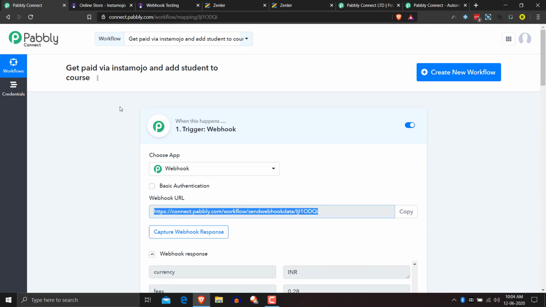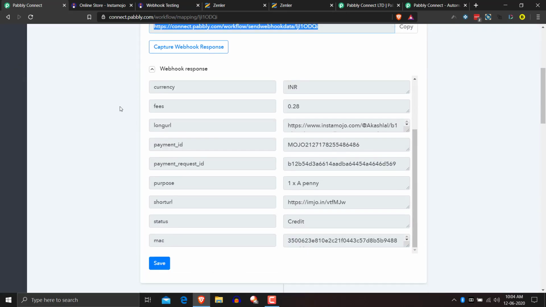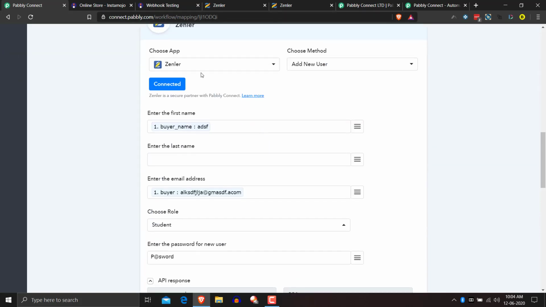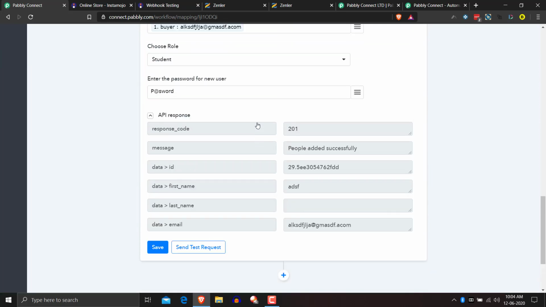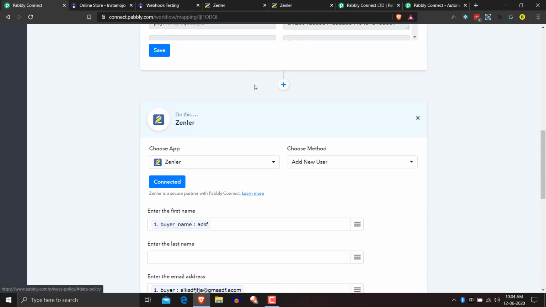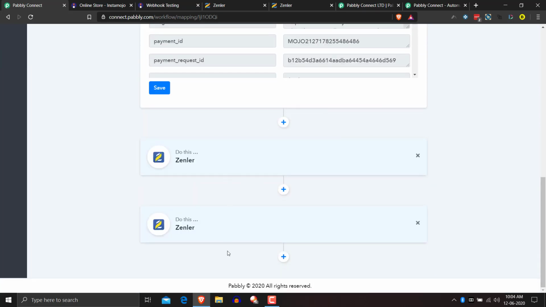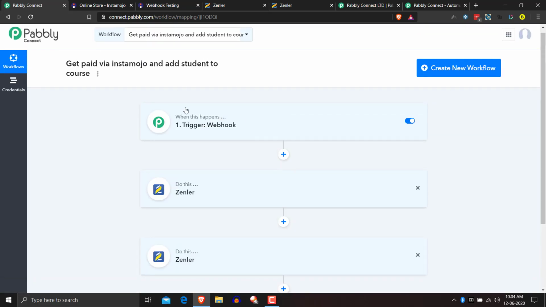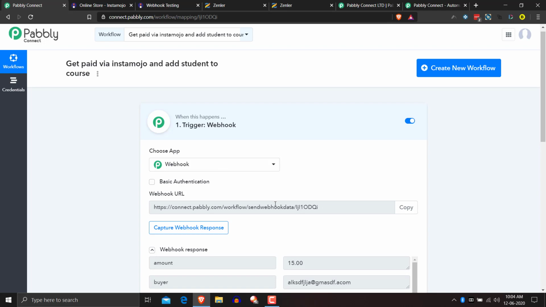So this workflow takes 2 tasks. For example, this is not a task because this is a trigger, and then this and this would be tasks: 1 to add user to the site, and 1 to add user to the course. So this workflow will take 2 tasks. Every time someone pays via InstaMojo, 2 tasks will be consumed, and he'll be added to your site. Okay, so moving forward, I'll need to still automate this, because I have not added this webhook to a sale,